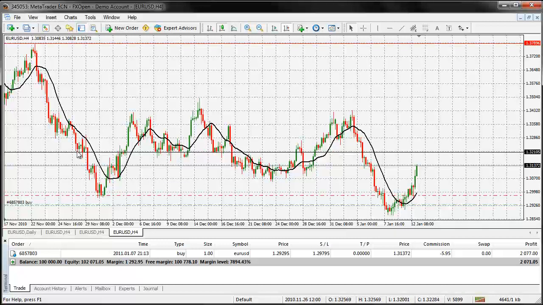Alright, and then we target previous support or resistance levels depending on which direction we're going in. And here it breaks again, go long, and target again previous highs or what have you. All right. But it's not your perfect indicator to use, because